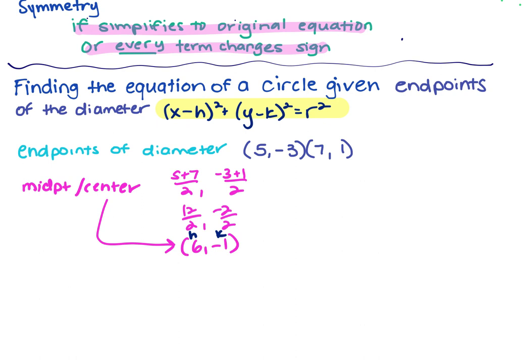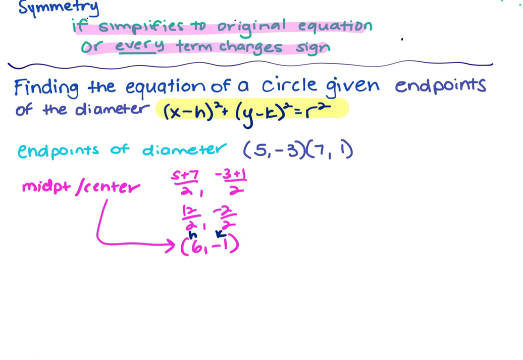Sadly, it happened on the quiz. So listen to me this time. Don't do that, okay? The other option is to either, once you find the center, find the distance from the center to one of the endpoints. That's still your R. So when you plug it back in, you have to square it, which is fine, only one more step. But still, I would say the easiest way to do it is take and plug in the